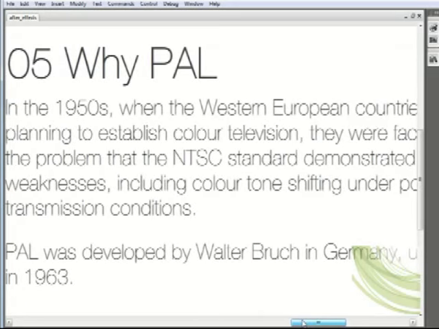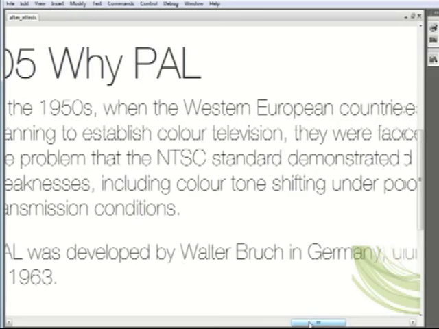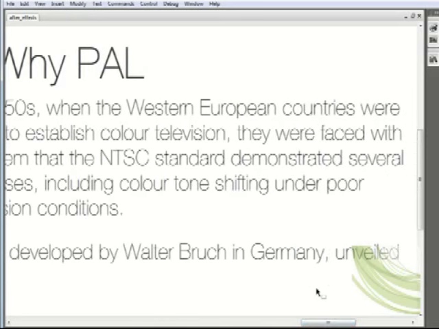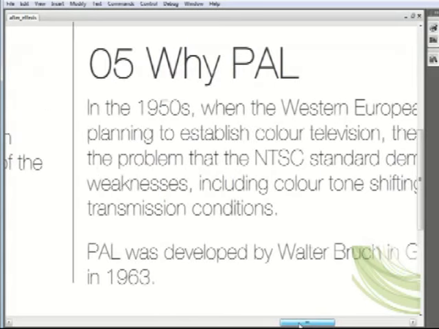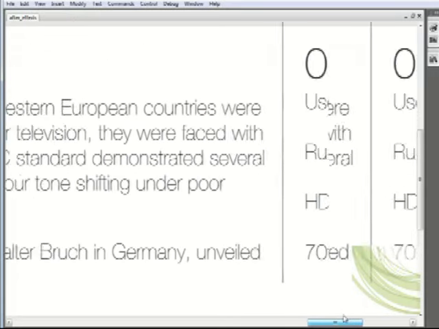The colors projected in NTSC were never the same. If you viewed that picture again and again, it would never be the same as you previously saw. So this was a problem. PAL was developed by Walter Bruch in Germany and unveiled in 1963,